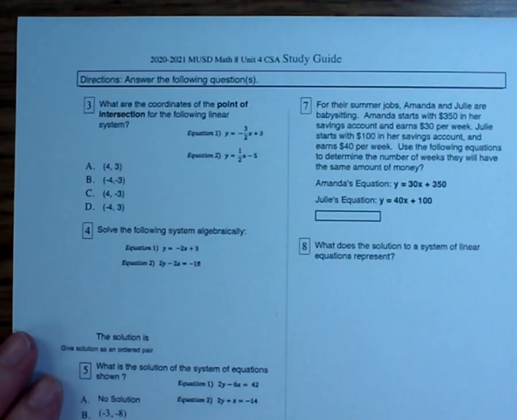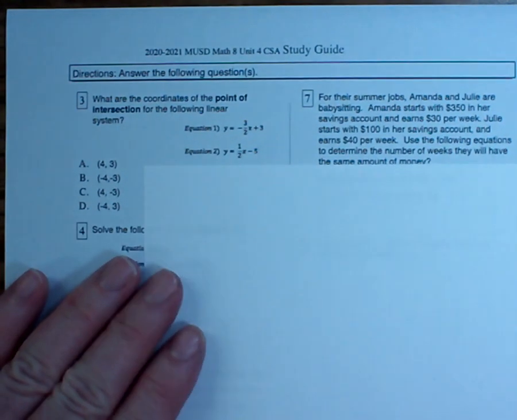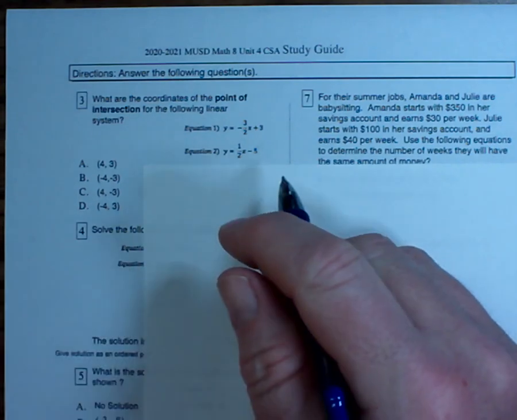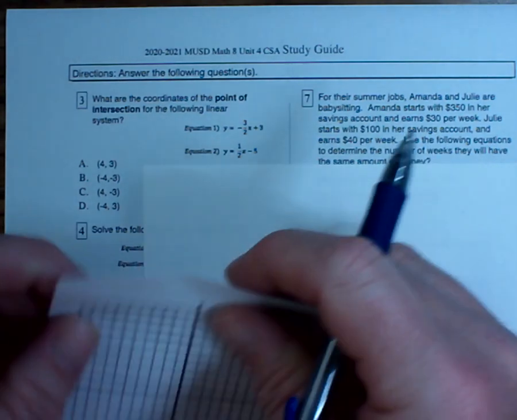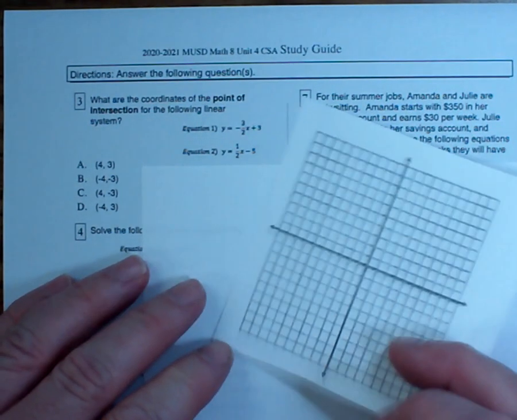Problem number 3. What are the coordinates of the intersection for the following pair of linear equations? Okay, well, again, we have a couple ways that we can do this. We have these two lines here. We can do the same trick that we did before, where we thought, oh, well, which quadrant will these be in? Remember,